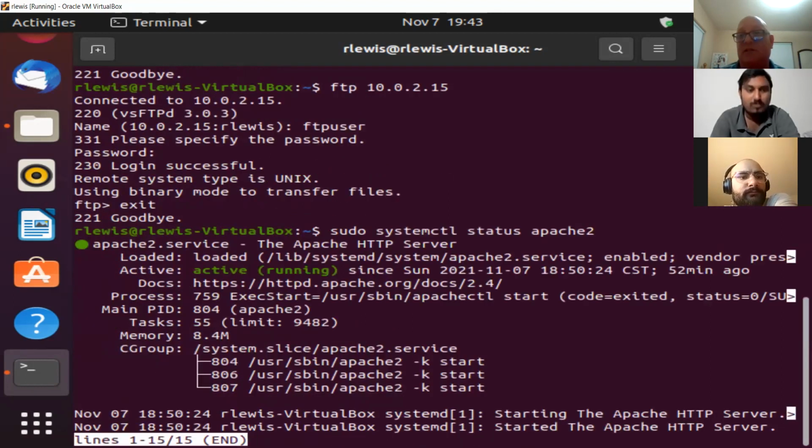Okay, so this is pulling up the live status of the Apache HTTP server. From here, you can see that it's active, it's running, when it was started, the default directories and such, the amount of memory, and I wanted to look at